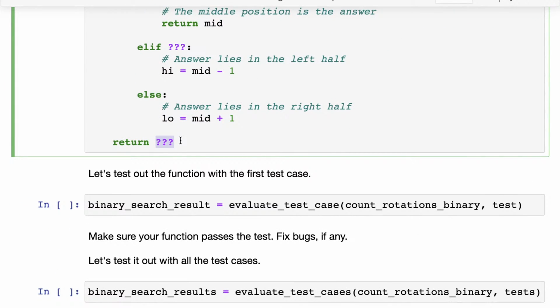And one thing you have to keep in mind is, if none of the elements satisfy the criteria that you have, what is the answer? And this is a very important condition. This is where it is very easy to go wrong. This is also called the edge case or the trivial case. So you should handle and think about this carefully.